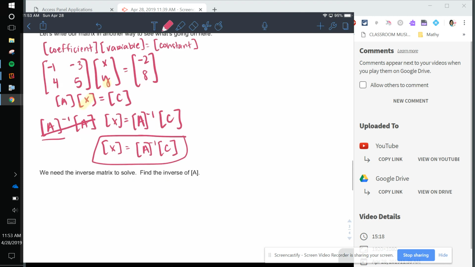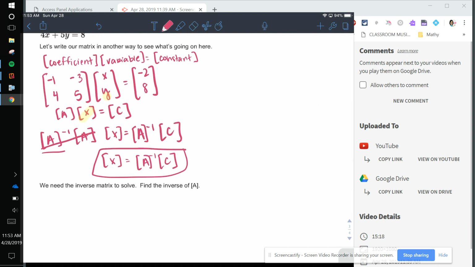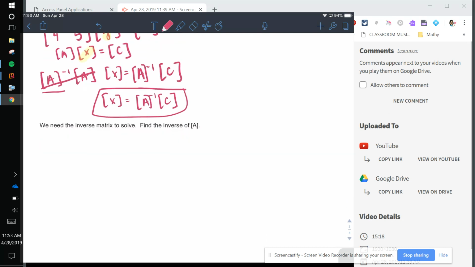All right. So, like I said, we need to multiply by the inverse here to get X and Y by itself. So let's go ahead and figure out what the inverse of A is. A is equal to -1, -3, 4, and 5. And when I find my A inverse, I get 1 over AD minus BC times D, negative B,